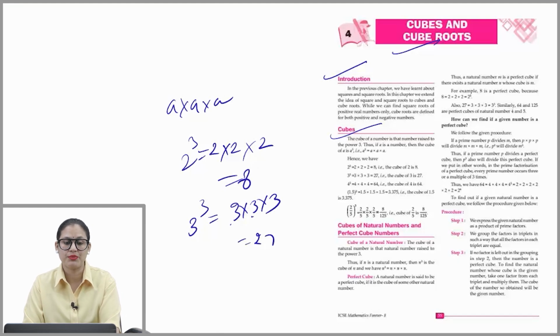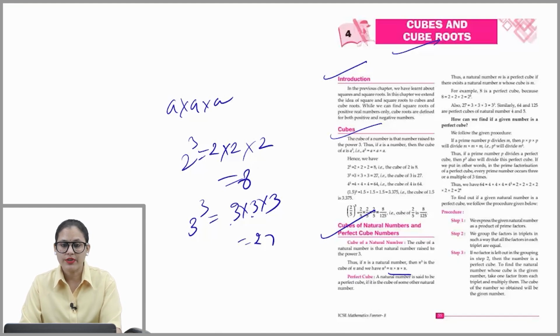Cubes of natural numbers and perfect cube numbers. Cube of a natural number. The cube of a natural number is that natural number raised to the power 3. Thus, if n is a natural number, then n raised to the power 3 is the cube of n, and we have n raised to the power 3 is equal to n into n into n. Perfect cube. A natural number is said to be a perfect cube if it is the cube of some other natural number, right? Thus, a natural number m is a perfect cube if there exists a natural number n whose